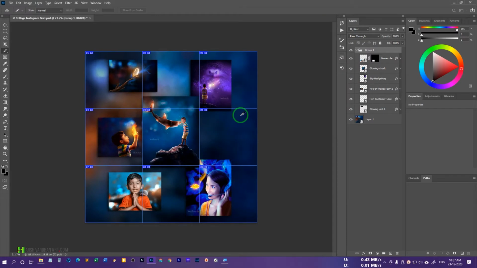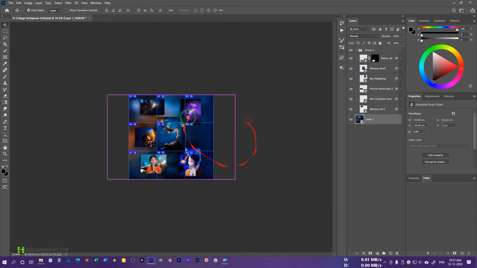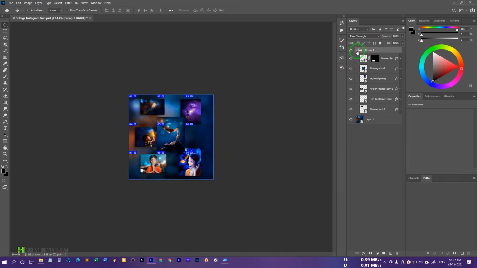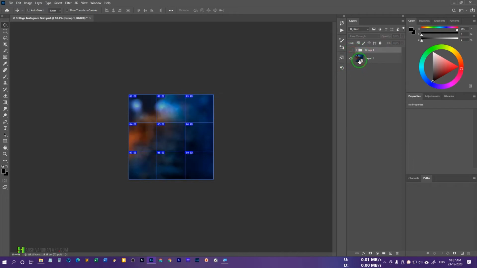So now I will show you how you can just plan out the second post. So in order to have the second post, what you have to do, either you can use the same background. All right. So for the second post or for the second frame, you have to have the same background or a similar background, otherwise it will not be seamless. So as you can see, I have this. All right, so I have made a group of this, so I'll just turn this off, and I have got this slide.